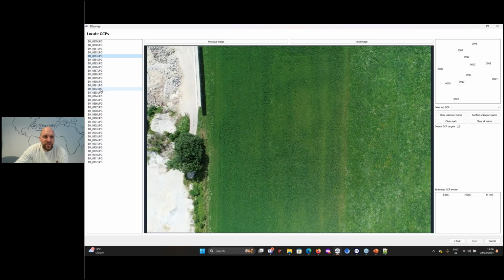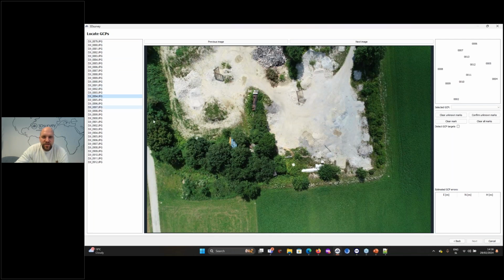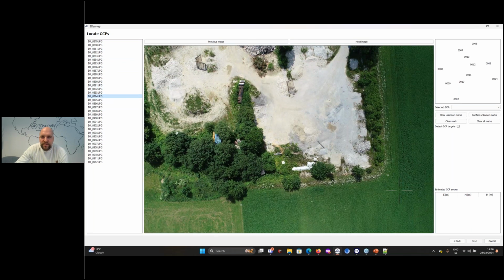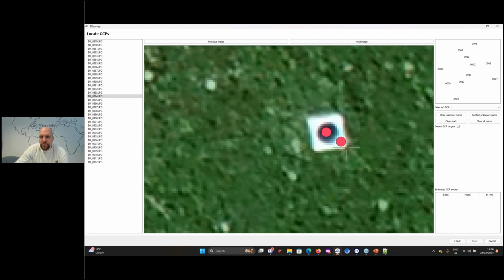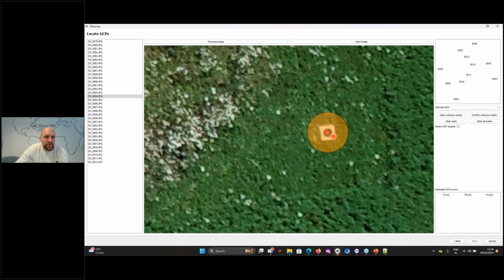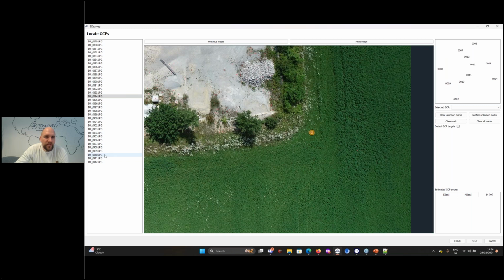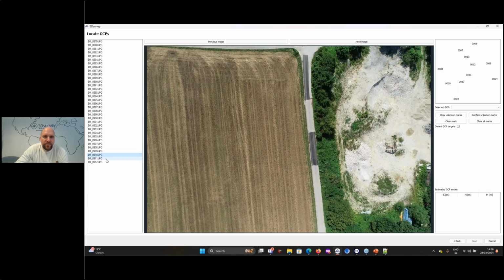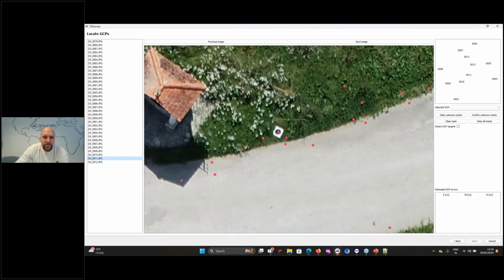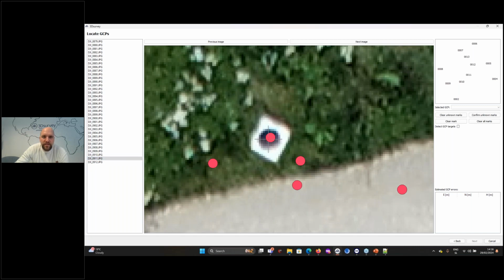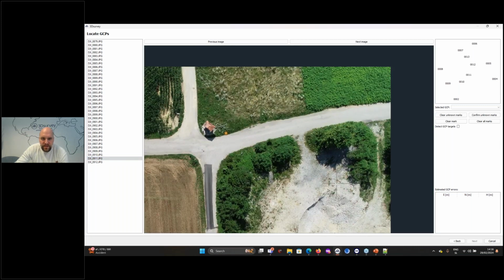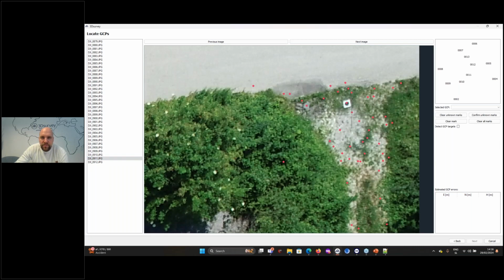So this data was recorded by a non-RTK drone. So in this example, I have to zoom in and just mark 3 random ground control points. And then the software will figure out the rest on its own. So here is the second one. And here will be the third one.